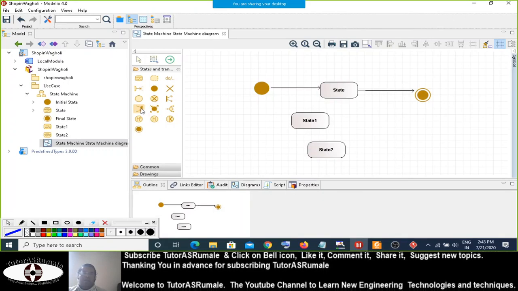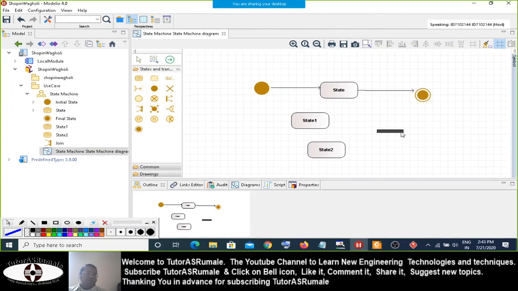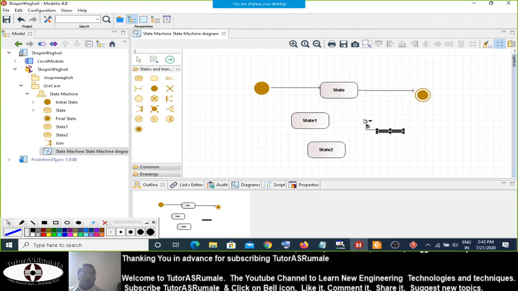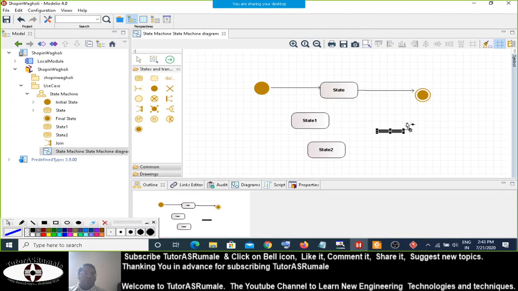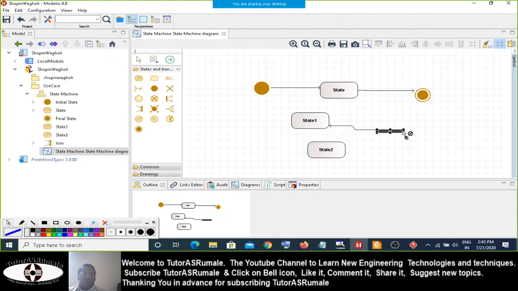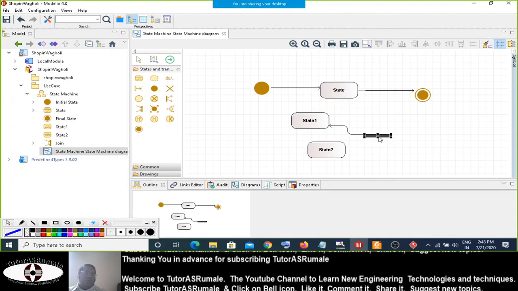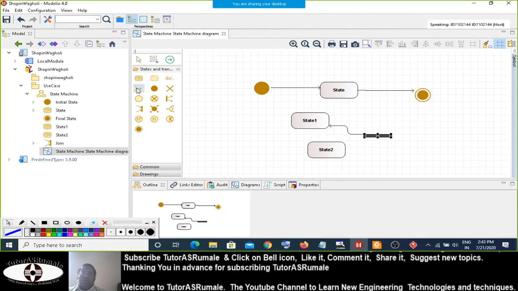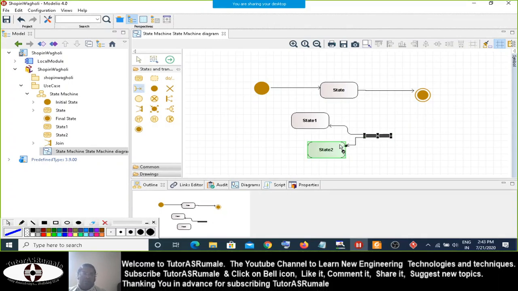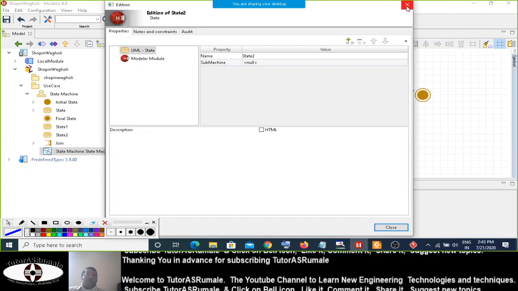And here you may have something for the joining, and this joining state needs to be shown like this, and here you have another transition, and you show this transition here. So from this state you have the transition.